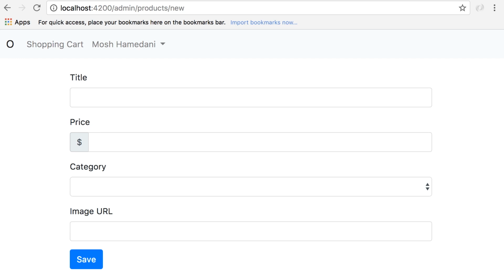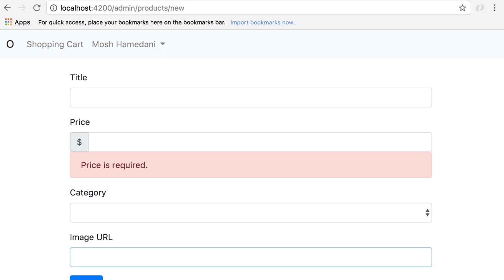In this lecture, we want to add a couple of custom validations to this form. First, we want to make sure that price is a positive number and this image URL is an actual URL. Now, as I told you before, at the time of recording this video, Angular doesn't have built-in validators for these scenarios. So I'm going to use a third-party library called